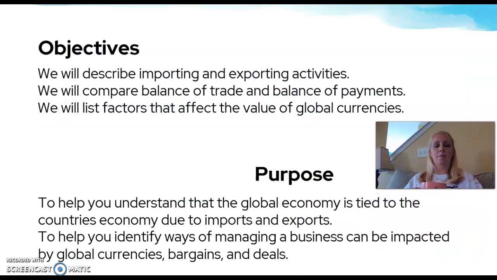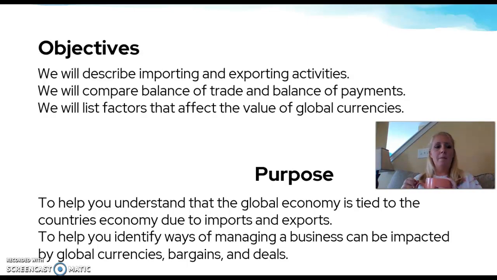Our objective and purpose, again, this is today and our next class. They'll kind of go hand in hand. We're going to describe importing and exporting activities. We are going to compare balance of trade and balance of payments. And we're going to list factors that affect the value of global currencies. So today is a lot of absolute and comparative advantage,